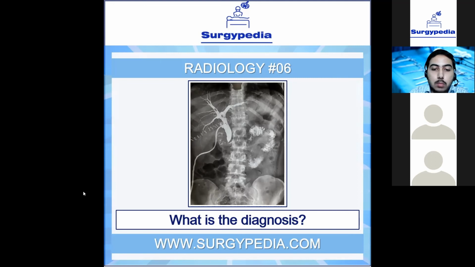So this is T-tube cholangiogram. This is sometimes given in the exam. And the first and most important thing is to identify what it is. Sometimes if you have not ever visualized a T-tube cholangiogram, you won't be able to identify it. It's not a normal X-ray. Okay. So let's move on to our next one.